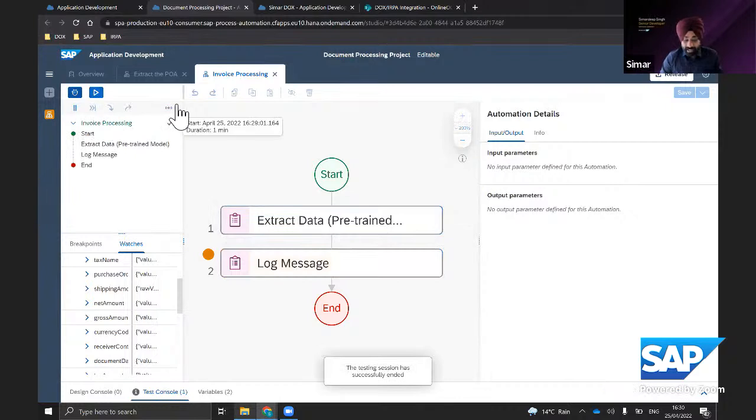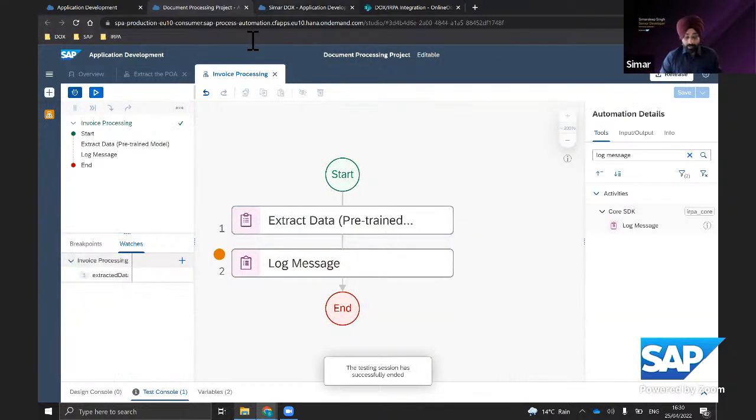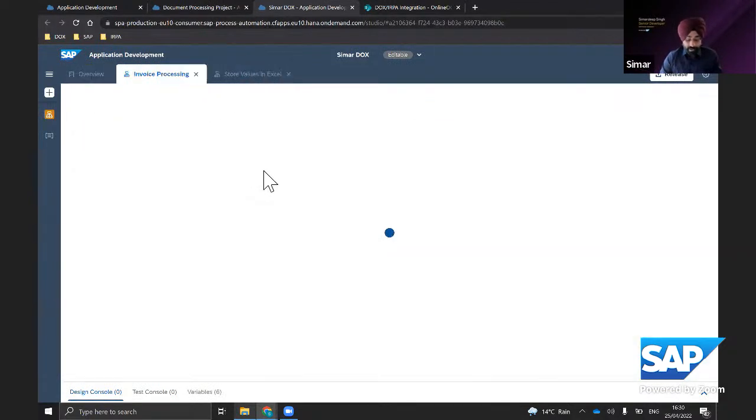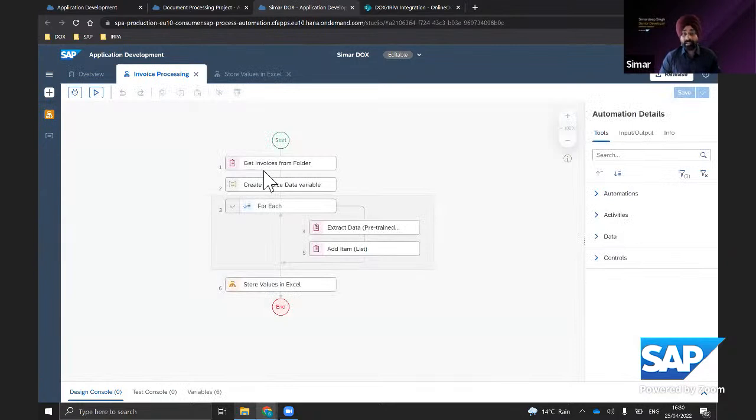So one example which I want to share is from one of our customers, who are using this. Let me show you that example. They have a use case with a hot folder, I would say an incoming invoices folder, and all the invoices are put into the folder. The use case is they want to extract the data from all those invoices, and then in the end, they want to store the result into Excel. So I realized that example using this automation.